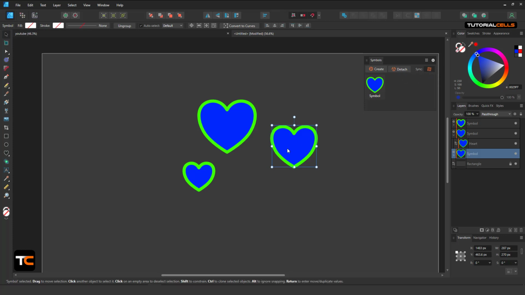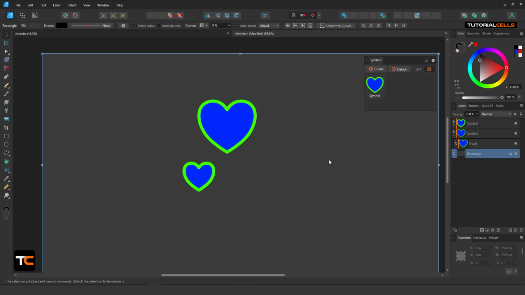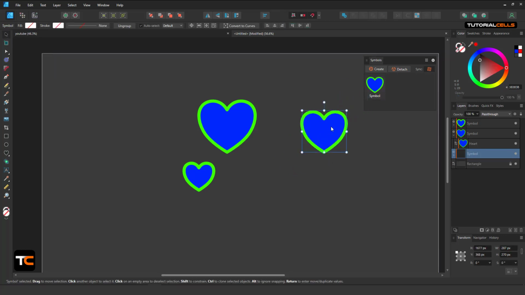detach it from the symbols simply. As you can see, it's detached from the symbols and it's not a symbol again. Or if you want one of the symbols to change separately, you can